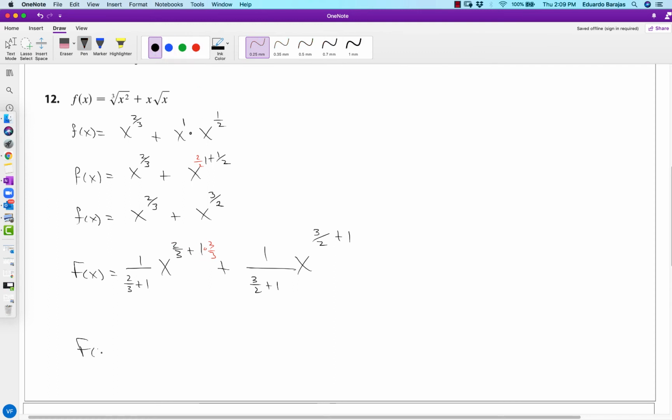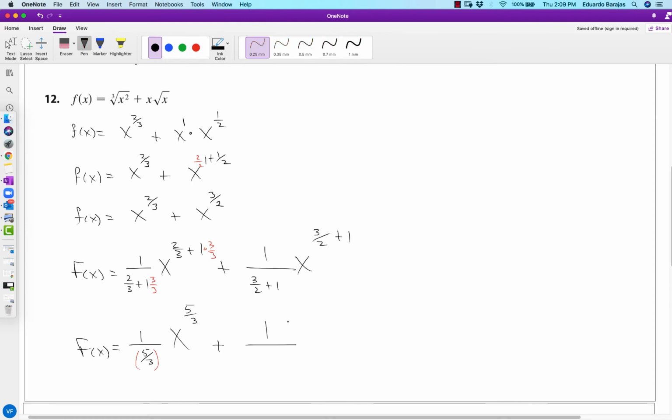So this is going to be 1 over, and this is going to be equal to the same number as that one. So this will be 5 divided by 3, x to the 5 divided by 3. Right. If you want, you can also change it here. So this would be 3/3, common denominator 3, so that would be 5/3. Good. So remember, it's in the denominator, like that, plus